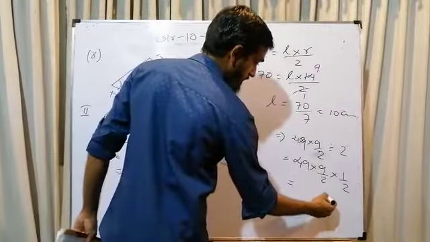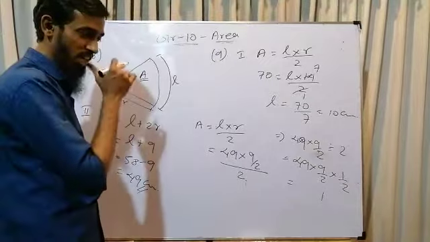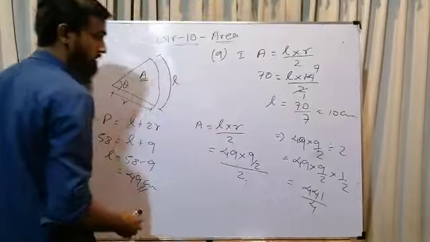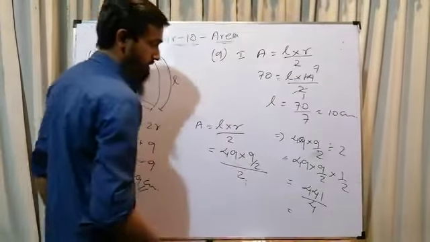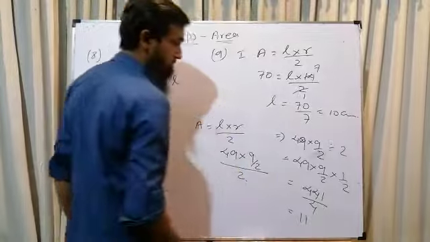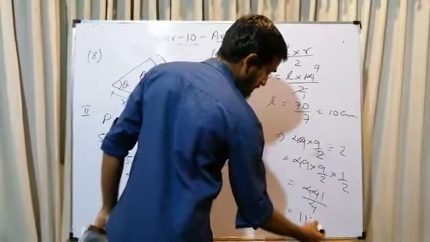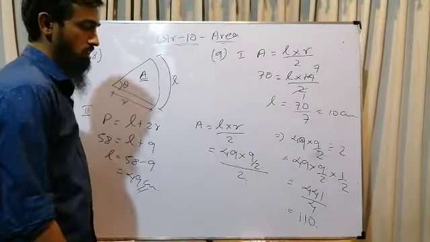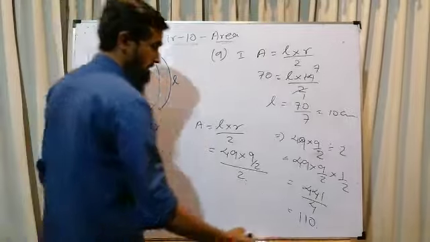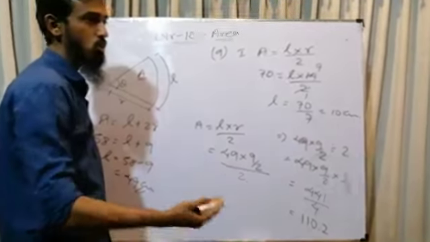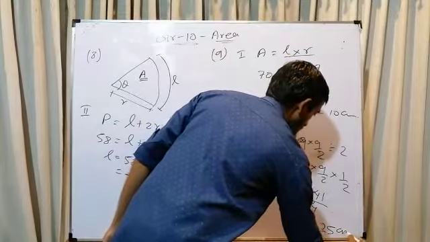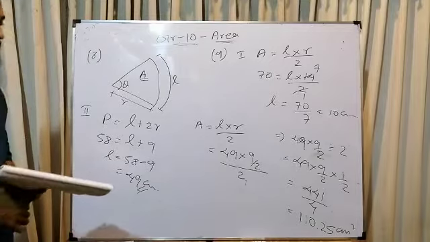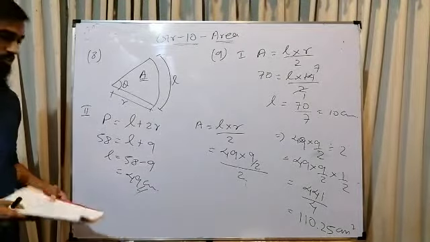49 into 9. 9 into 9 is 81. 8 remaining. 4 into 9 is 36. 8, 44. Over 4. 444 divided by 4 is 11. So 1 time 1, nothing, 0. So still 1 remaining. 10. It's 2 times 8. 2 remaining. It's 5 centimeter square. Using the equation we found in the 8th question, they gave a simple question.